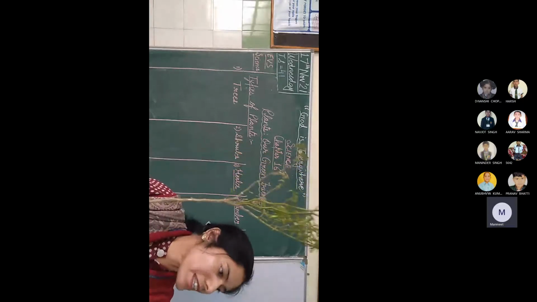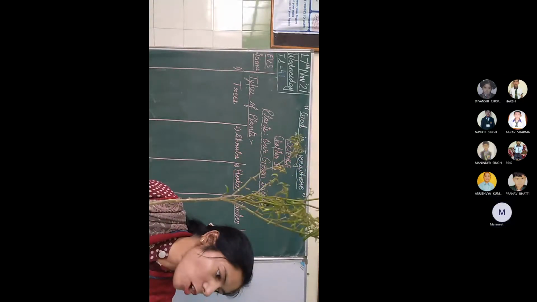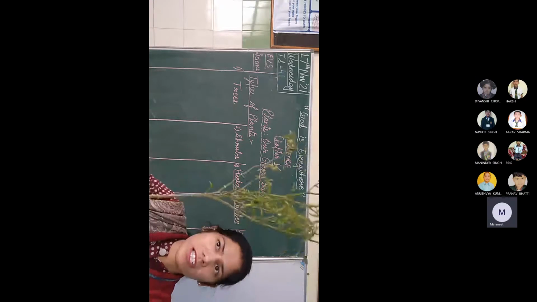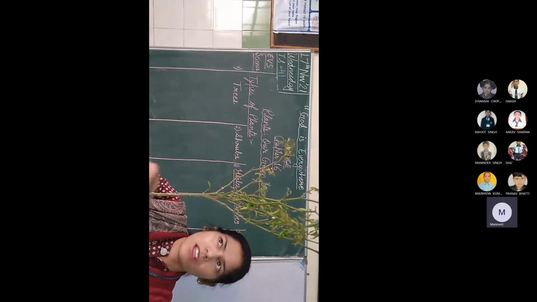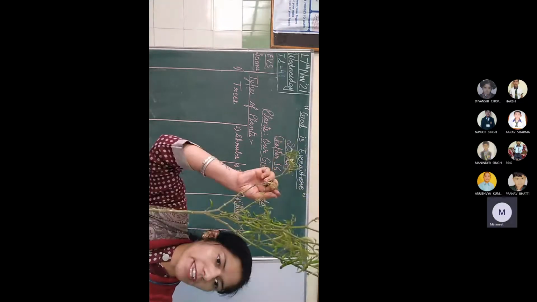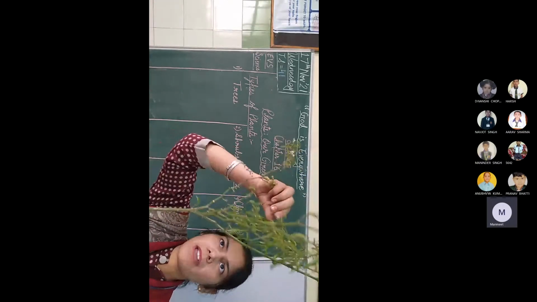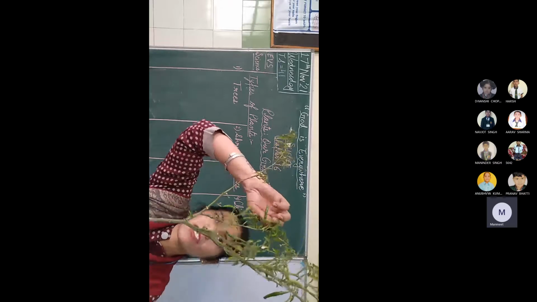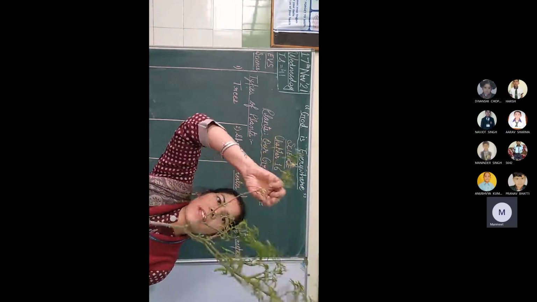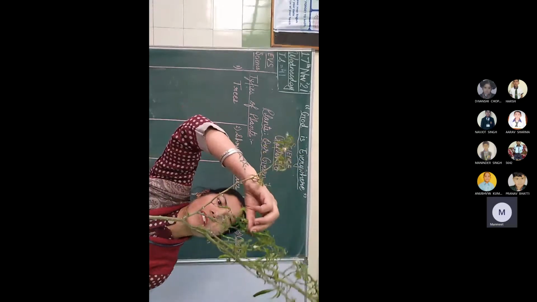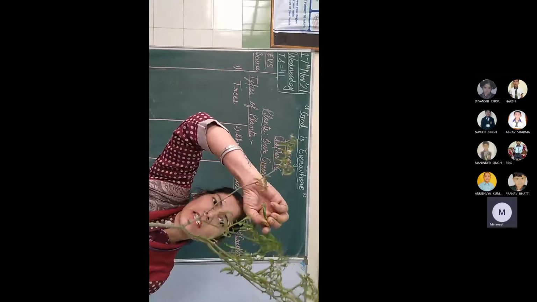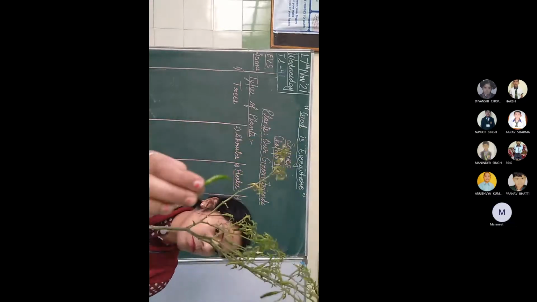Shoot consists of how many parts? This is your stem, your leaves. Okay. See, it is your fruit. Here you can see I am having one chili plant. Can you see the chili? Should I break it and show you? Okay, I am going to break one chili. It is very small. See, I have broken it. This is your chili plant.